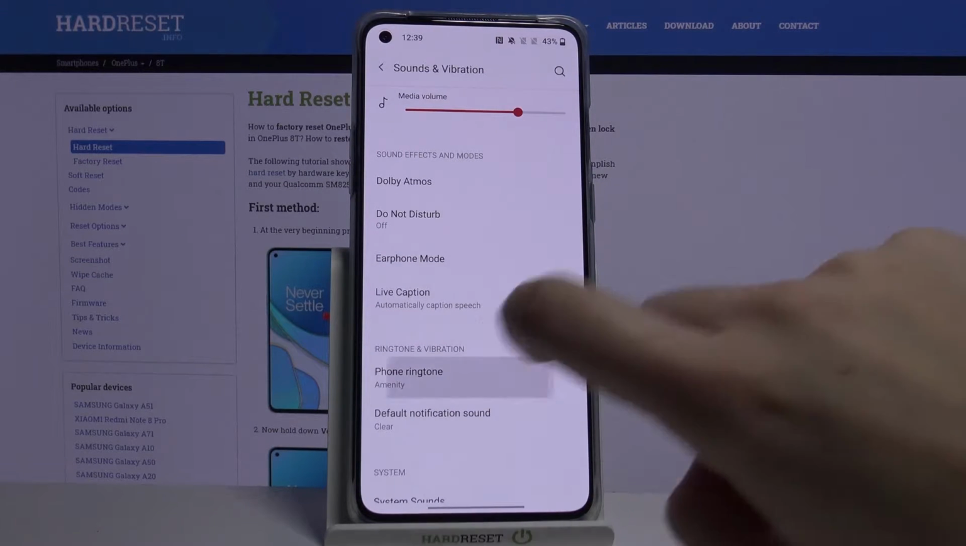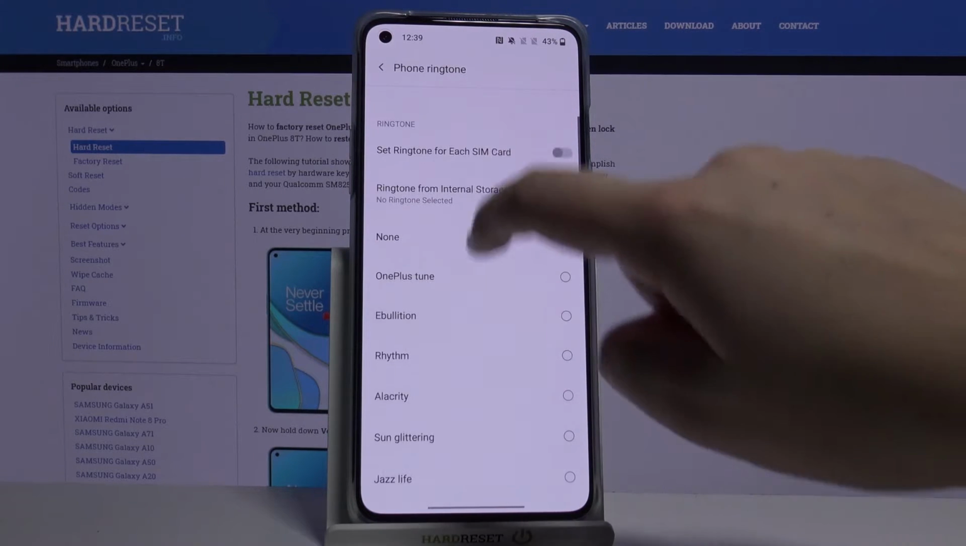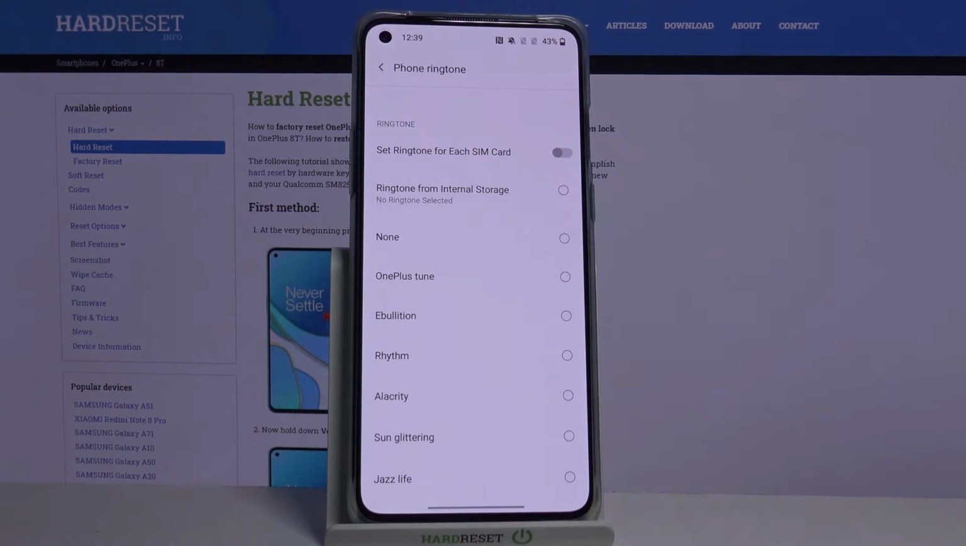Let me pick, for example, phone ringtone, and as you can see, the very first section is the vibration section, so here we can decide if you want to feel the vibration for calls, and you can change its pattern and intensity. Under it, we've got the ringtone section, the very first option, set ringtone for each SIM card, so it means that if you have both SIM cards inserted, then you will be able to divide them, so you will be able to choose the ringtone for the first SIM card and totally another ringtone for the second SIM